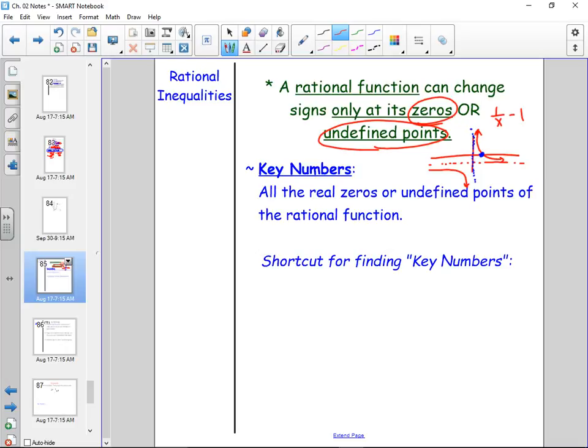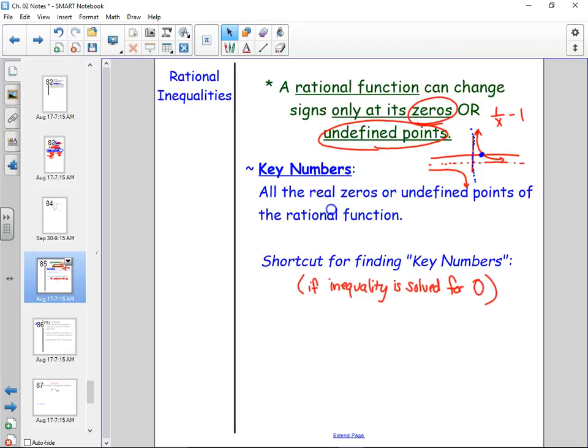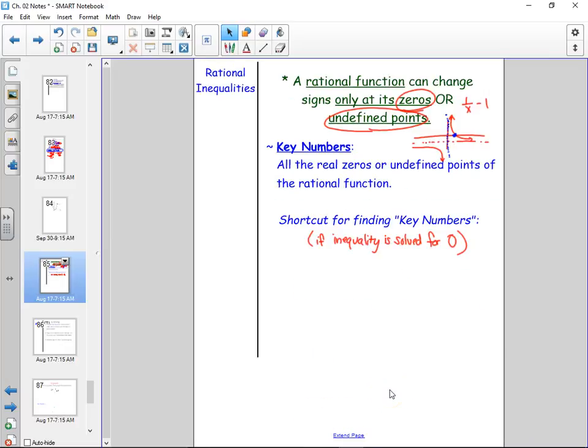Now, this only works if the inequality is solved for 0. Okay? The shortcut only works if the inequality is solved for 0. If the inequality is not solved for 0, we're going to be in a little bit of trouble. But if the inequality is solved for 0, the quick shortcut is